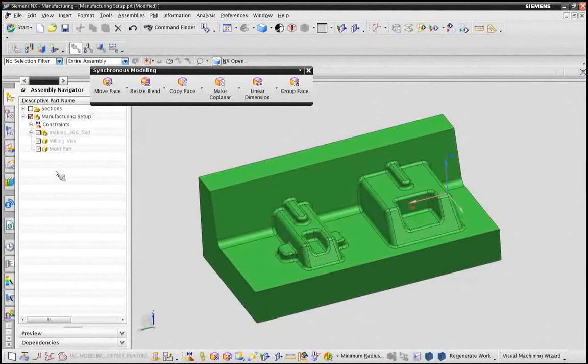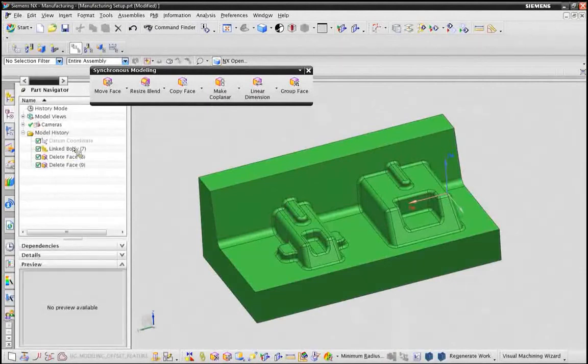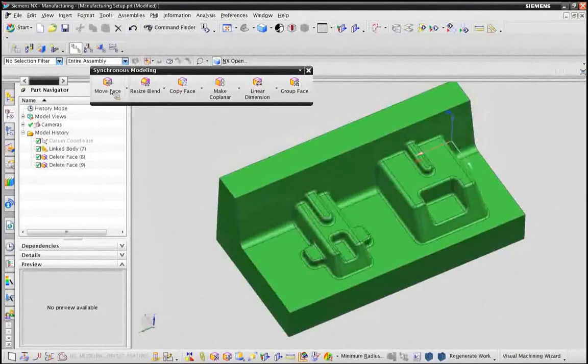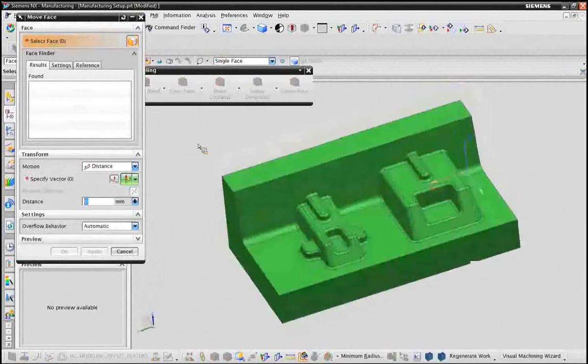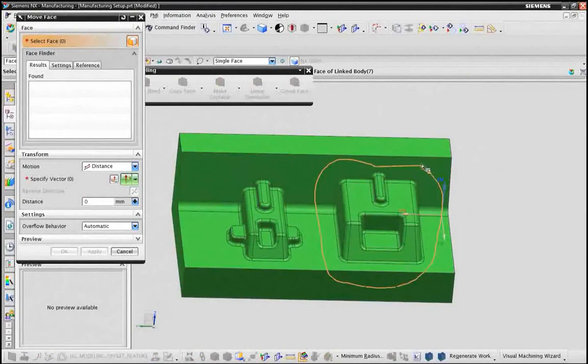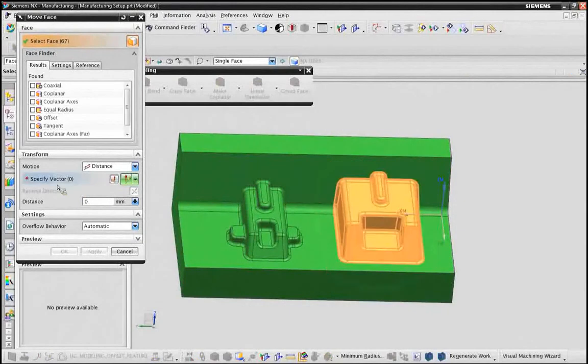In fact, if I was to show the holes there by suppressing that feature, you see the holes reappear on the part. So I can do the same kind of thing. I can react very quickly to the request from the customer to say, I want to move these faces, so I'll just window select around, say, this boss. Let's say it needed to be moved over a little bit, and I can specify a vector in which to move it, and then I can simply drag the cone head here, and you see how the geometry of my